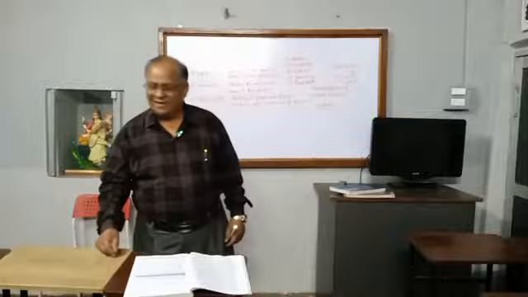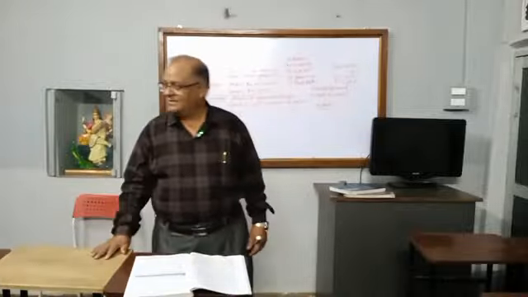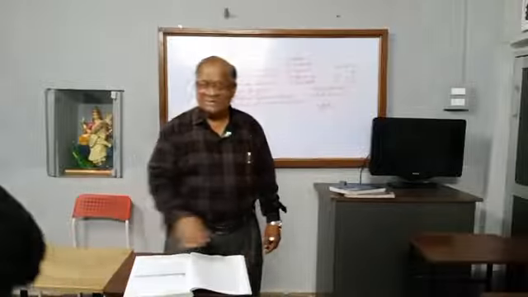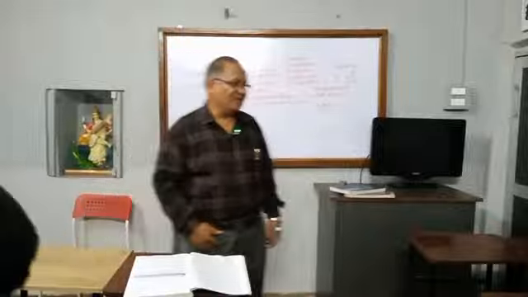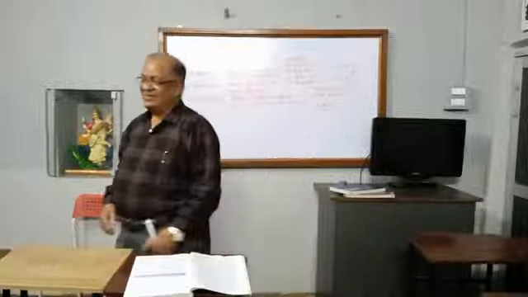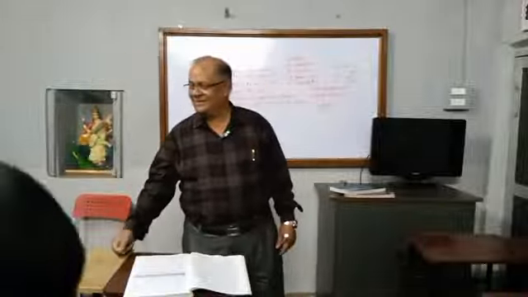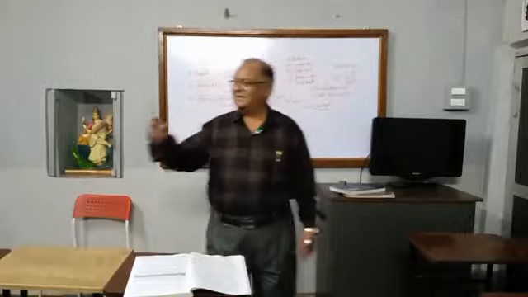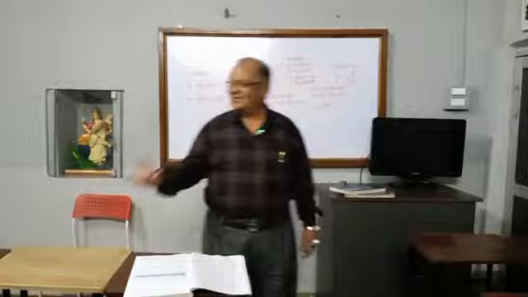If you buy an article for 50,000 and sell it for 50,000, it is no profit, no loss. Correct? If you sell it for 60,000, you will enjoy 10,000 profit. So this is called profit. But then what is loss? Loss means when cost price is more than the sale price. The cost of the article is 80,000. If you sell it for 70,000, there is a loss of 10,000.